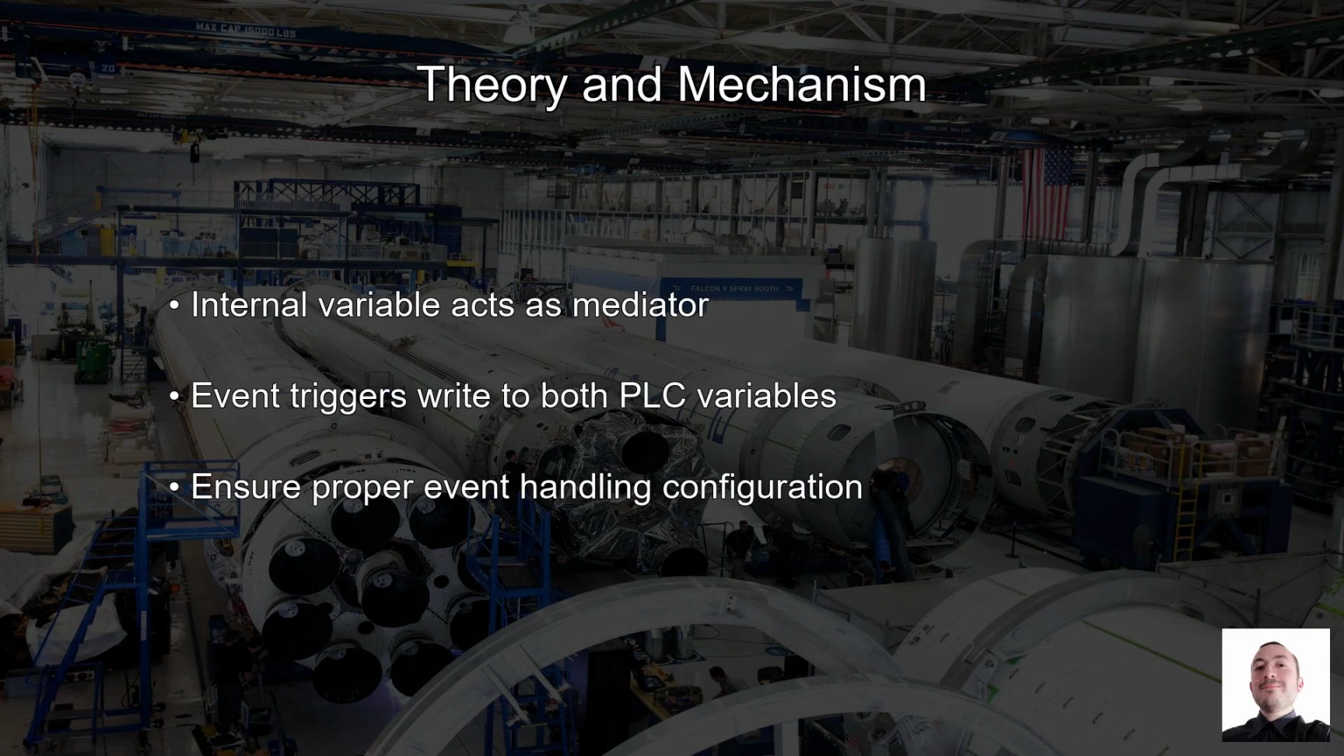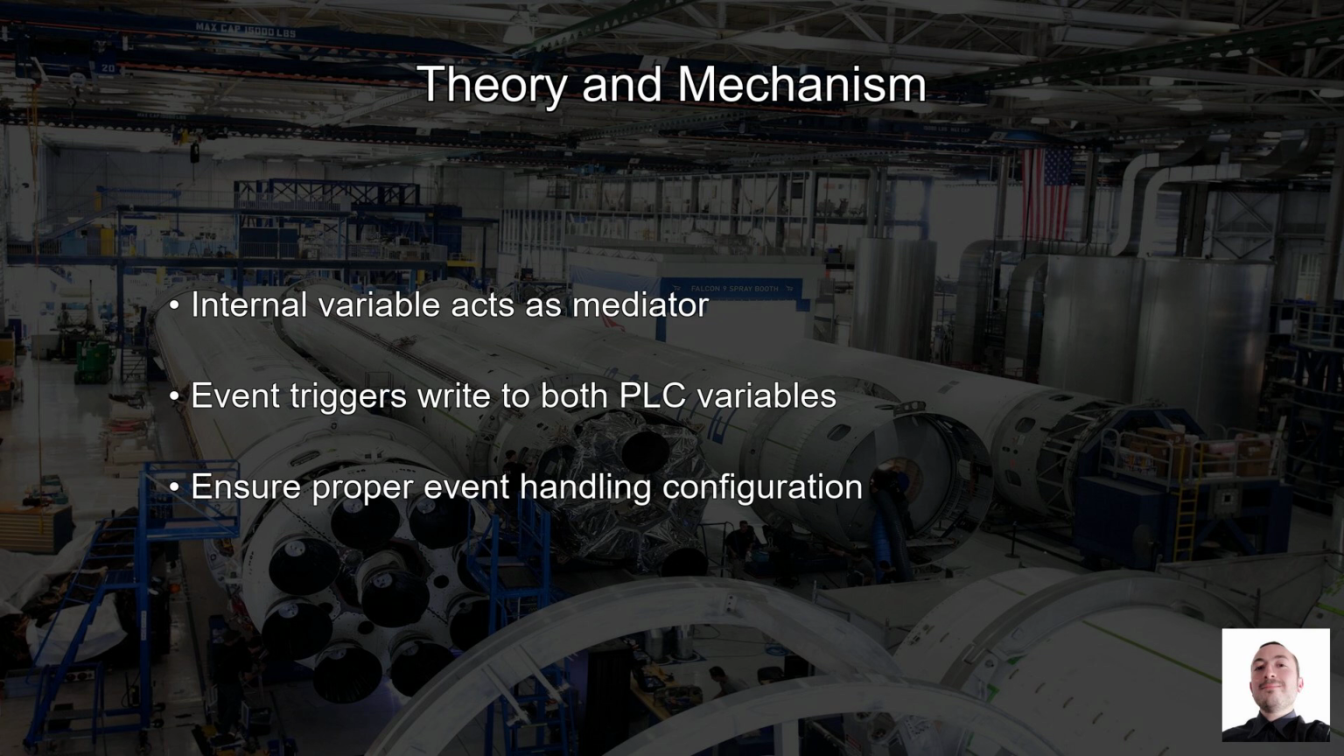Understanding how variable synchronization works between two PLCs is crucial. Imagine each PLC as a separate entity with its own memory and processing capabilities. When you want to synchronize a variable across both PLCs, you're essentially creating a link that updates both PLCs with